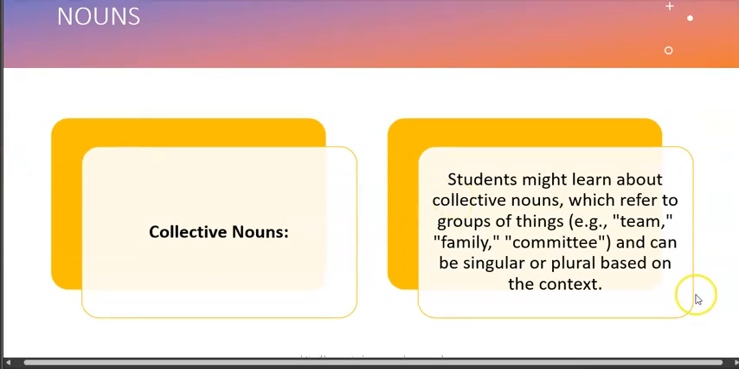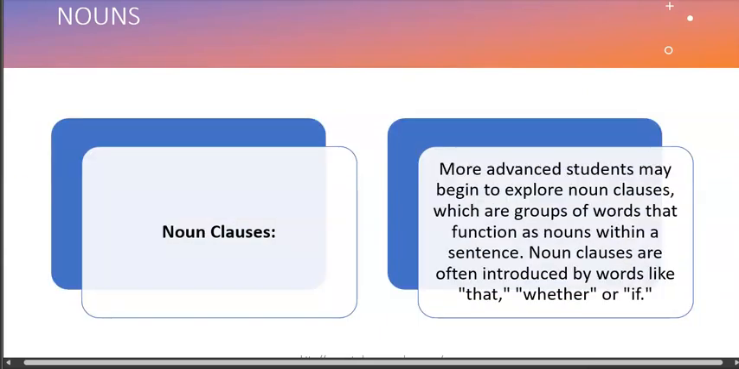Now, a collective noun can be singular or plural depending on the context, okay? So for example, a family of friends or a team of basketball players, a committee of or a panel of something. So these are collective nouns that show something is in a group or a large number, okay? So that's another type of noun. Then lastly, we have something called the noun clause. So more advanced students may begin to explore noun clauses, the noun